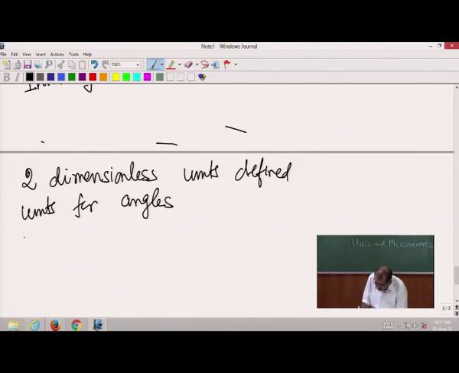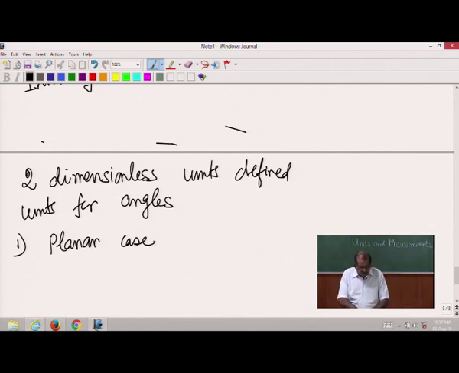So, the first one we define is for a planar case, that means everything is on a single plane, and when we want to measure the angle, we define a unit called a radian. And how we define a radian is that we take